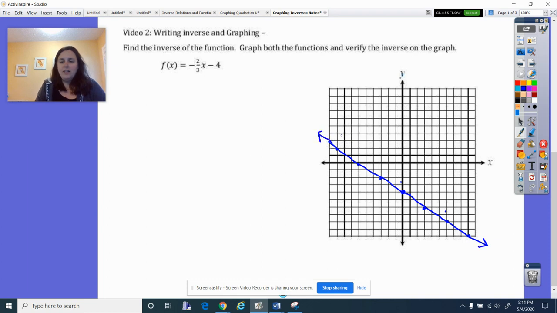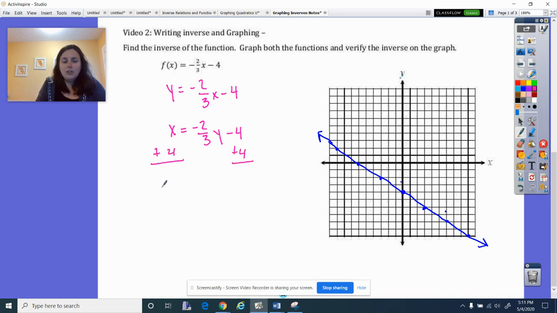Okay, now what I need to do is find the inverse of the function. Remember, our first step in writing the equation of an inverse was switching the f of x to y. So I have y equals -2/3 x minus 4. Then I have to switch my x and my y. So I have x equals -2/3 y minus 4. Now I'm going to solve for y. So I'm going to add 4 to both sides. These are not like terms, so I just have x plus 4 equals